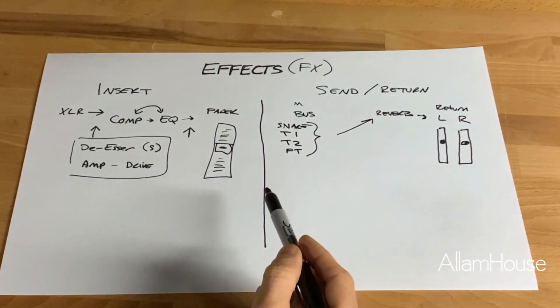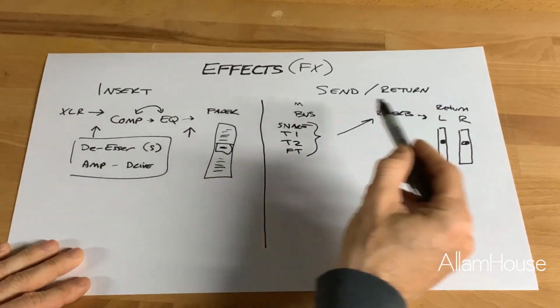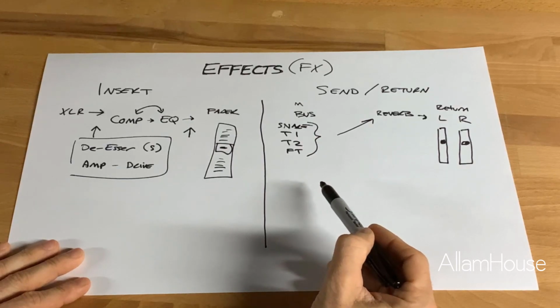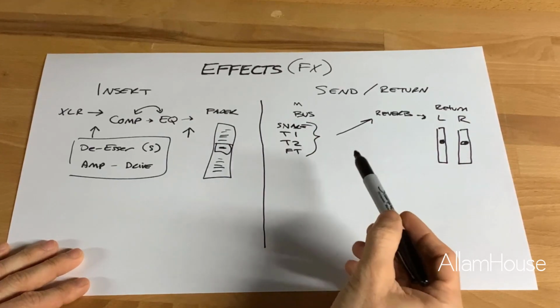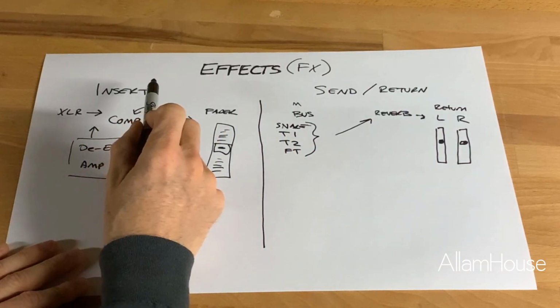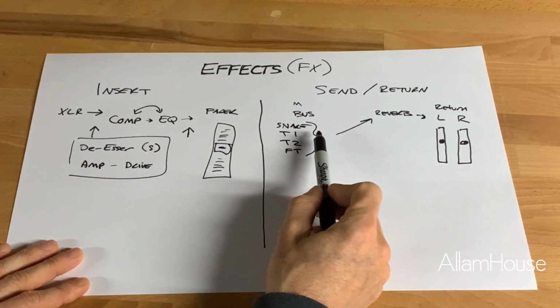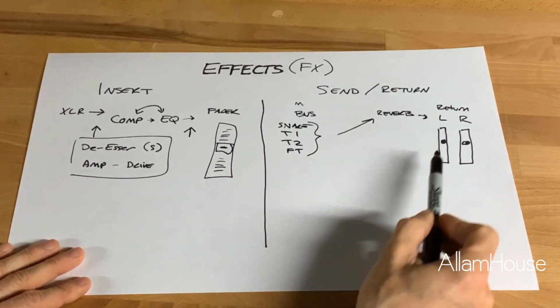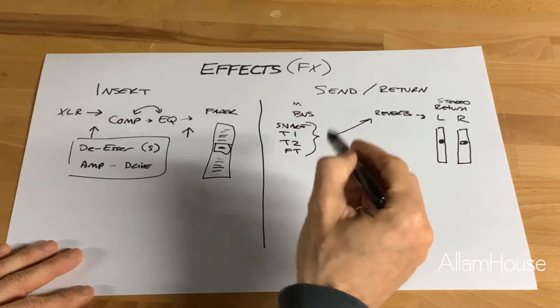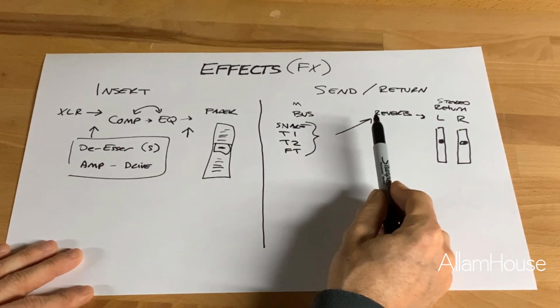It's very similar to what we looked at over here. However, you're going to be returning a stereo signal, which is going to be coming into 2 channels in your console. This one goes out mono and comes back on the same channel, which is mono. This one goes out mono and then comes back stereo. We're going to look at this in the console in a minute, but this difference between send and return effects versus insert effects,